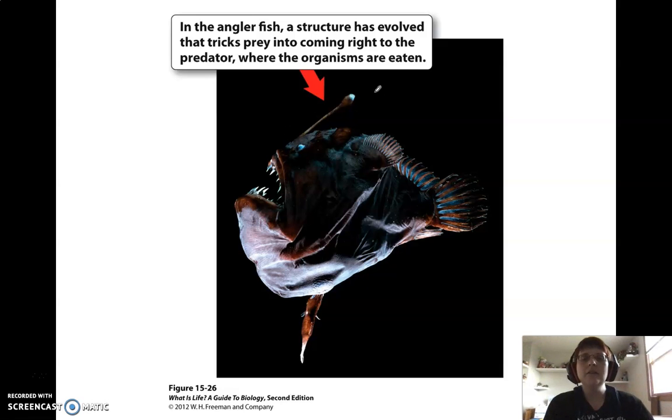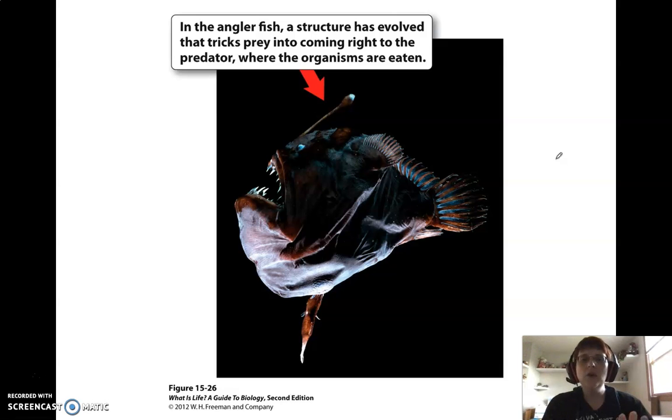The guys that live in the reefs that are these kinds of anglerfish, they look like rocks usually, but they have these little lures that look like little worms or something like that, and they jiggle them around, and they do the same sort of thing. So predators can have some pretty cool adaptations in order to lure their prey in, rather than having to go and run after it all the time.